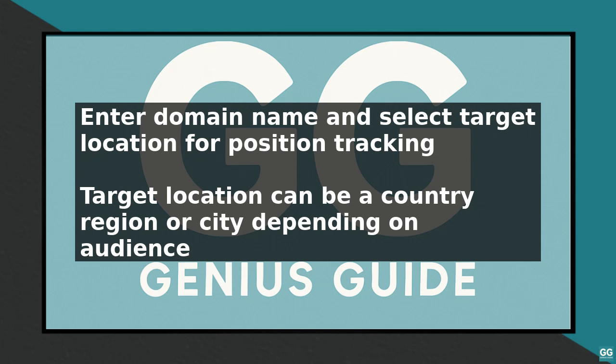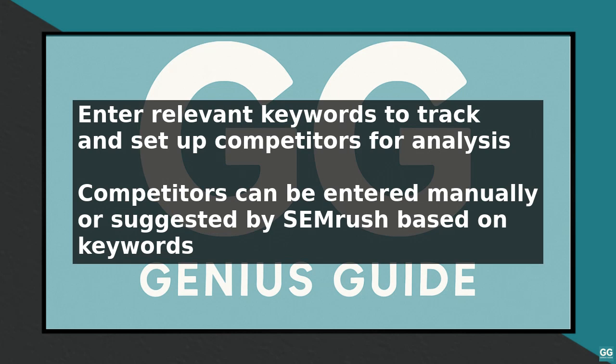After entering your keywords, you will need to set up your competitors. This can be done by entering the domain names of your competitors or by allowing Semrush to suggest competitors based on your target keywords. Tracking your competitors' rankings can help you identify gaps in the market and opportunities to improve